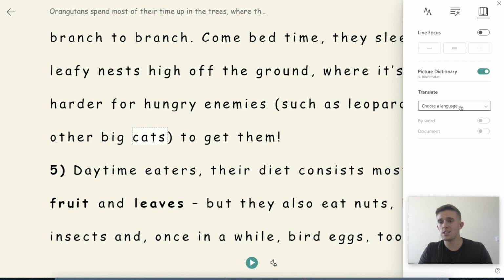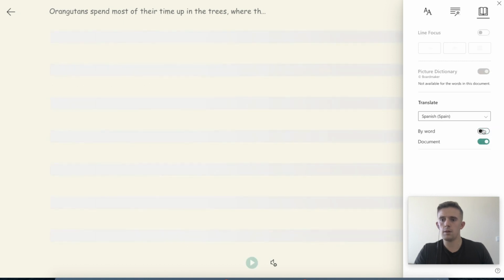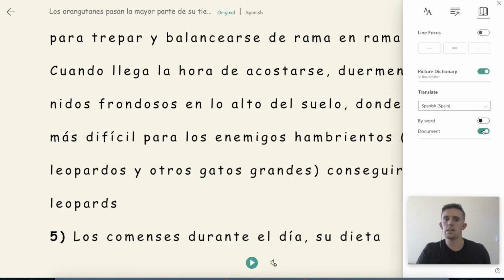Then you've got this translation part. Now, this is fantastic for those children, again, who have English as a new language. You can translate it directly to a specific language. So if I go for something that I slightly understand, I mean, I'm not fluent at all. I hardly speak Spanish, but hey ho. And I go per document, then you can see it's changed the whole document into Spanish. And when I click play,